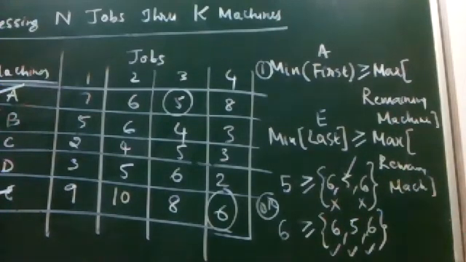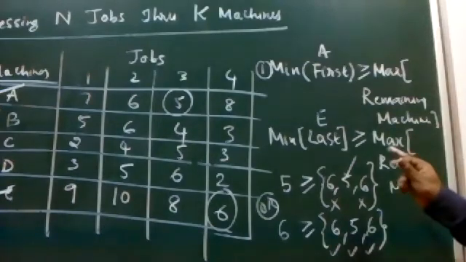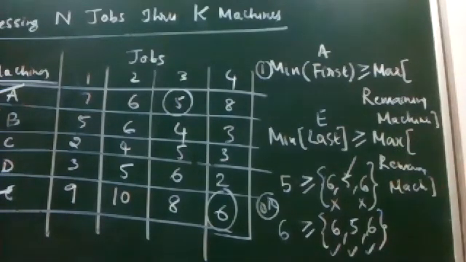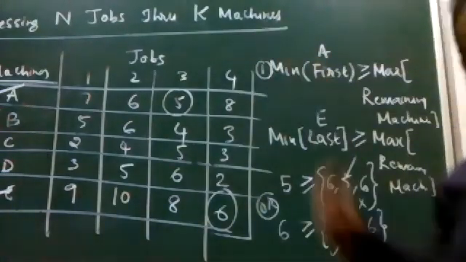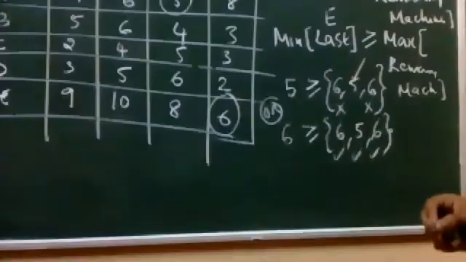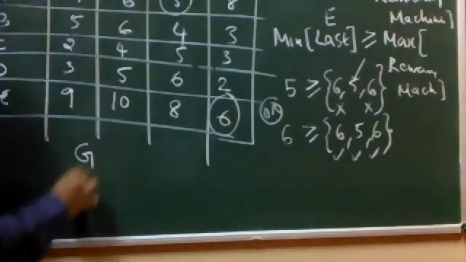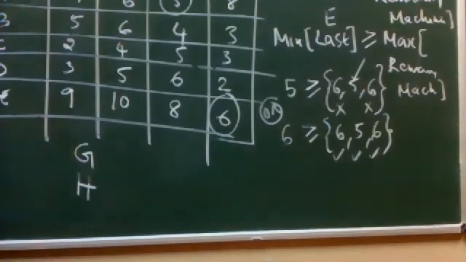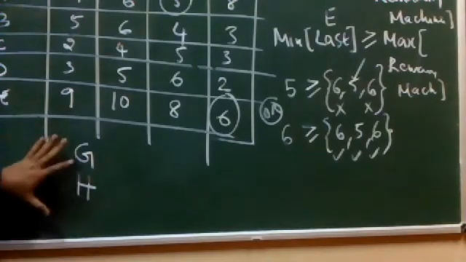Now, I think from this particular formula it's very clear that the basic conditions are satisfied. Now, I am supposed to convert this particular problem into a two machine problem. Even in K machines, we are supposed to introduce two fictitious machines called G and H. Even now, I am introducing two fictitious machines. One is called machine G and the other is called machine H.